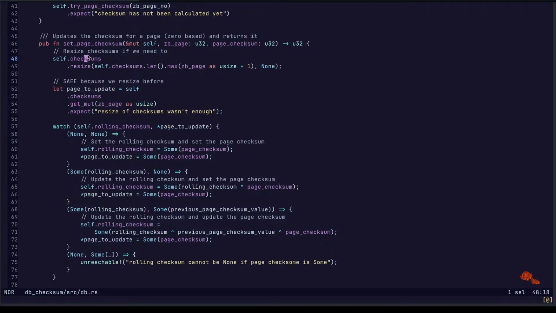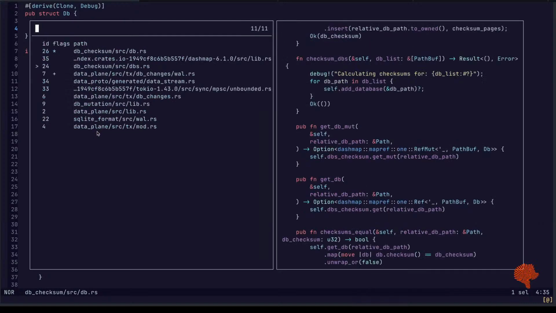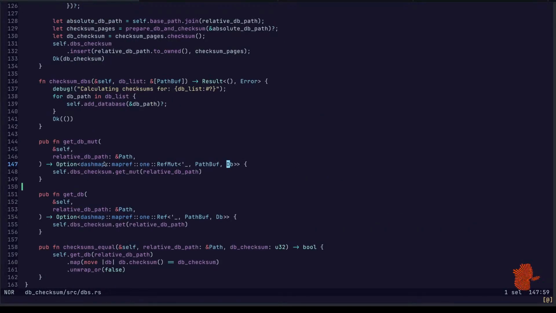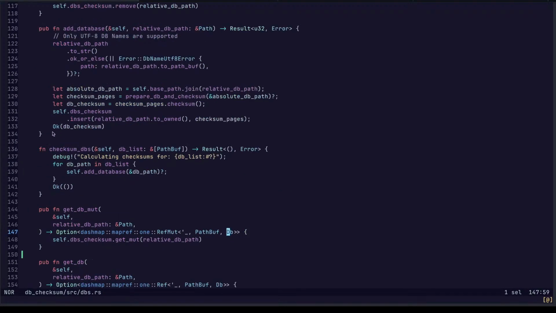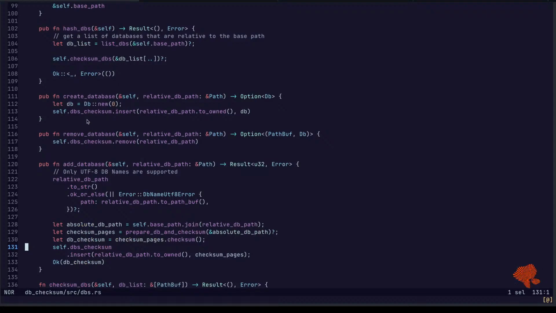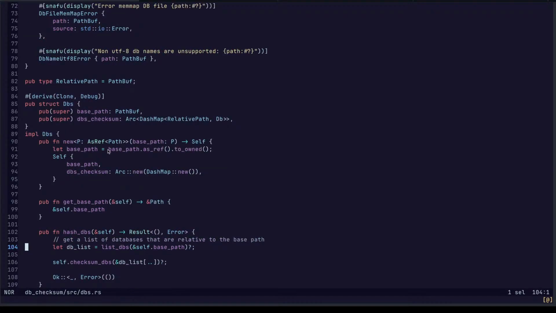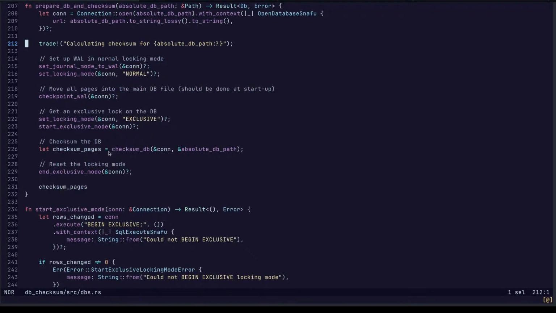Okay. Looking at something else. Checksums. Rolling checksum. I wonder, does the DB's object have something interesting? Kind of course level things. All right.